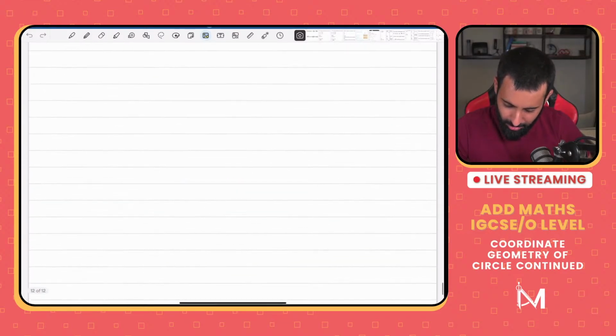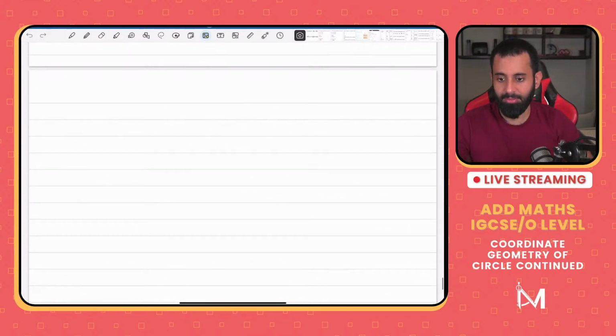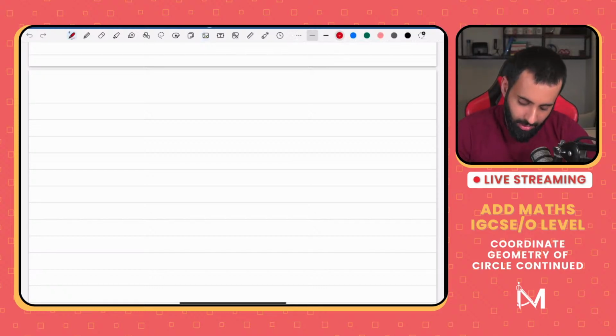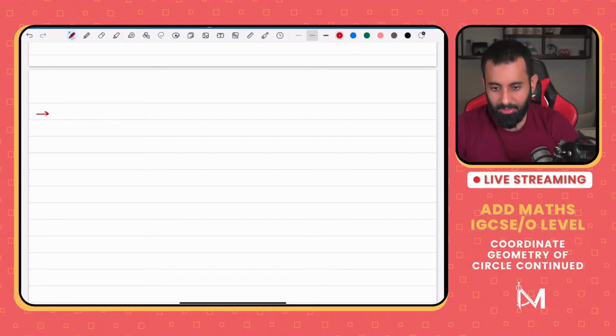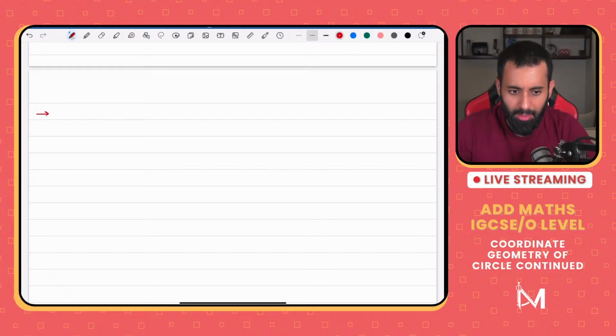By the way, I have uploaded a worksheet of intersecting circles. You guys can download it. There's not a lot of material on intersecting circles. The one that we have in the book is wrong. A lot of questions are incorrect. So it's a lot of questions that I've compiled from different books. Make sure to download it, and you can do it for practice. I will be solving some questions from that worksheet as well. This stream is probably going to be an hour and a half max, probably less than that.